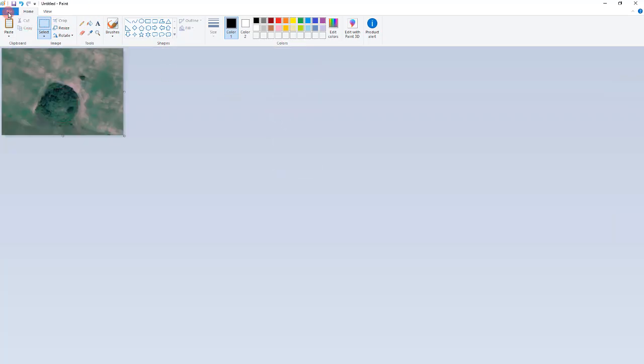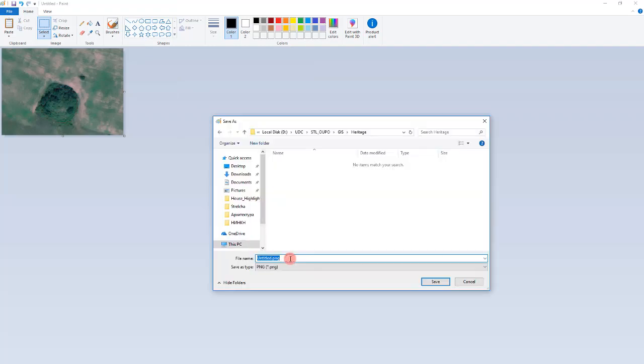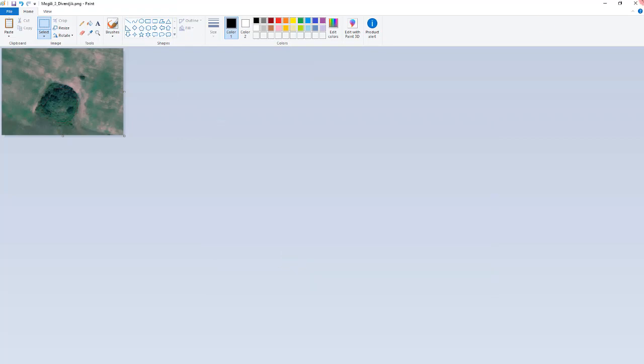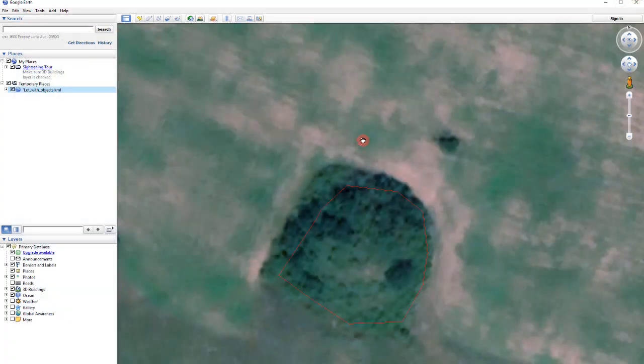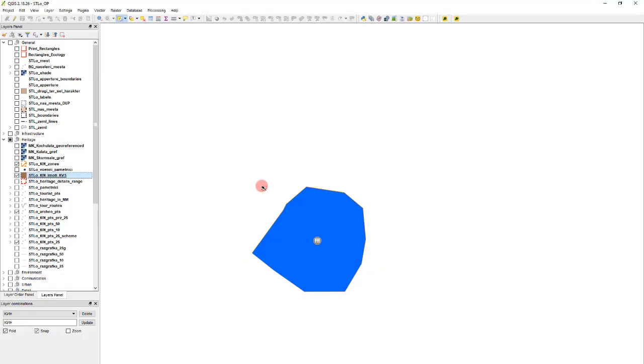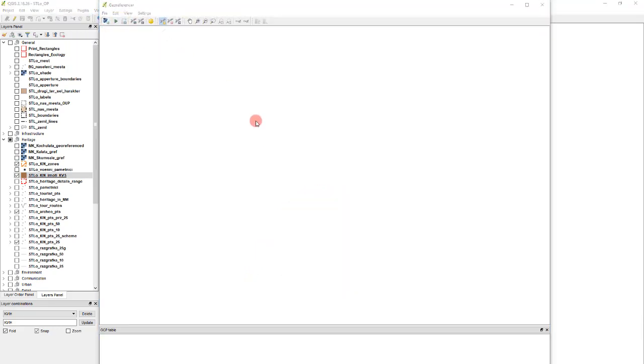Crop, file, save as, save it, PNG or JPG, doesn't matter, and then we go to the georeferencer, raster, georeferencer, load it,